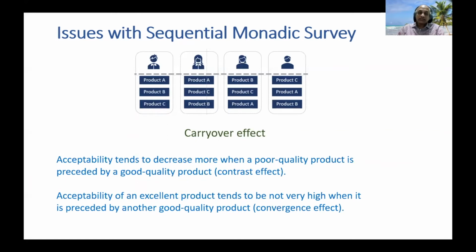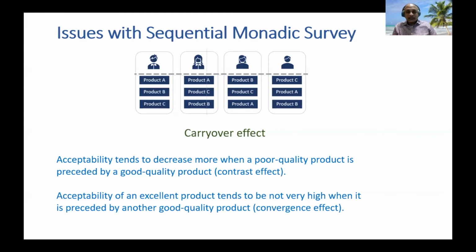The second one is called carryover effect. Let us say you are user of one of the recent high-end fancy smartphone models with amazing features like foldable, terrific camera and whatnot. If I ask you to rate it, you would probably give a rating of 9 or 10. Now, if we switch you to a 5-year-old model and ask you to rate that phone, your rating will be very low, 3 or 4, maybe even lower. But that older phone was actually a decent one.